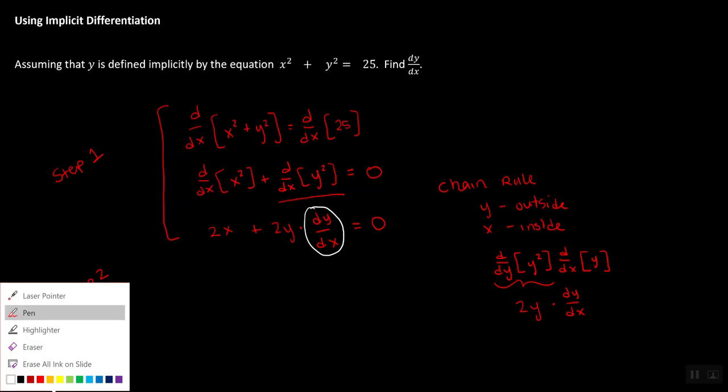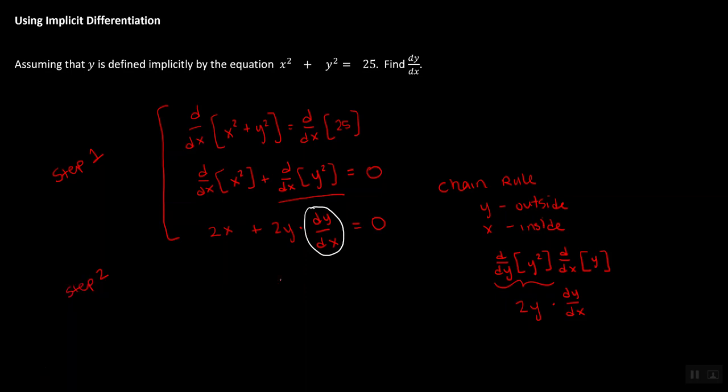So we can start off by subtracting 2x from both sides of the equation, which eliminates the x term on the left, leaving us with 2y dy/dx is equal to negative 2x. And then lastly, to isolate that dy/dx term, we need to divide by 2y on both sides of our equation,